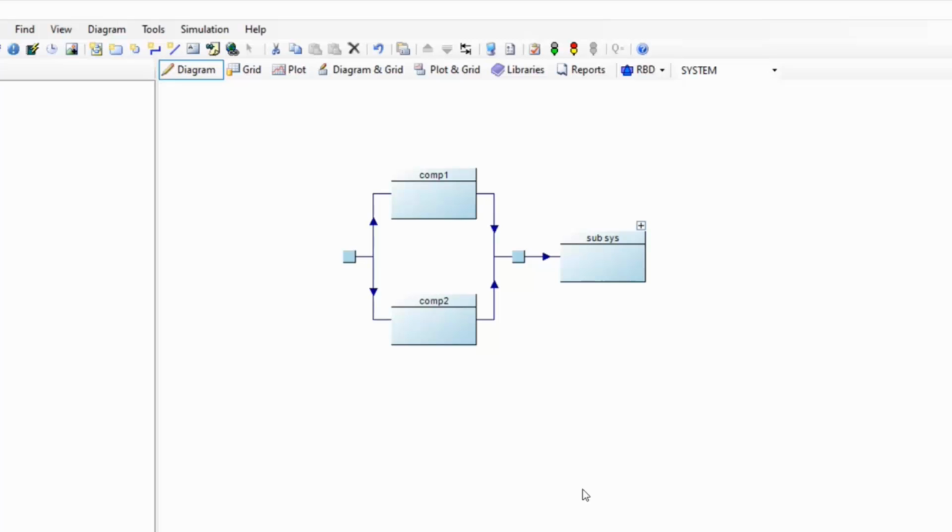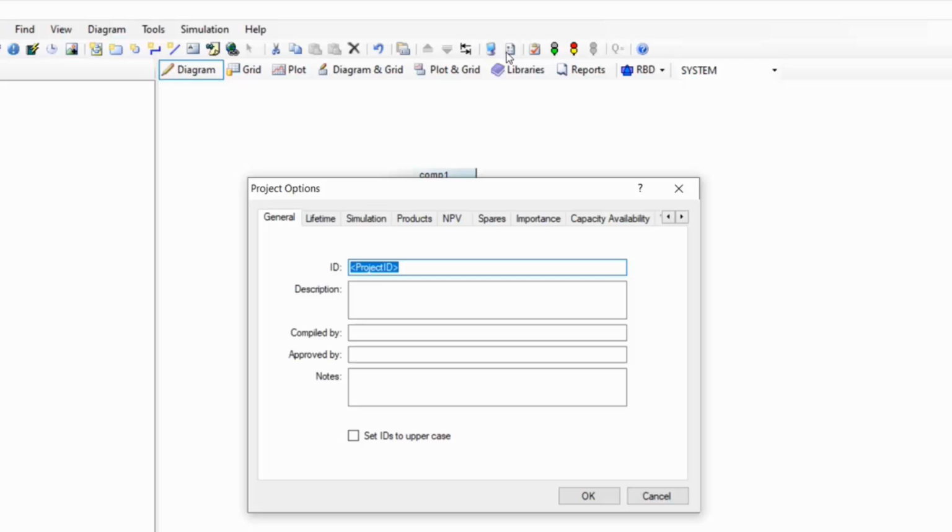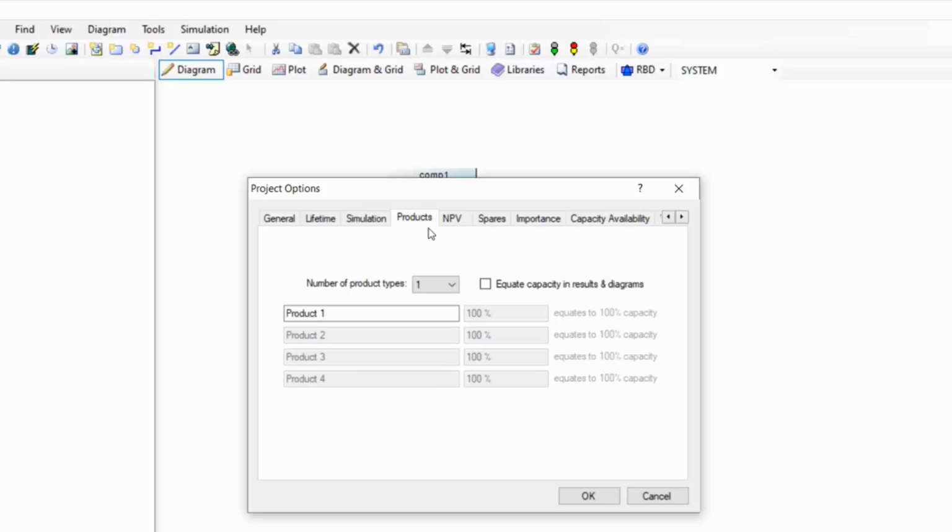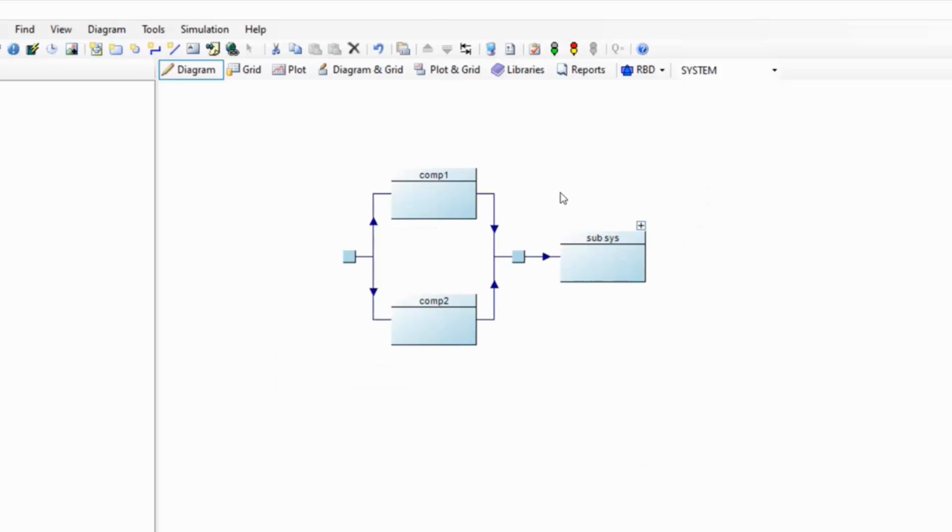And before we run the analysis, just a quick look in the options again at the Products tab to show you where you can specify how many products there are, and if you wish, customize the maximum capacity and the unit associated with that. So if we run our model again,